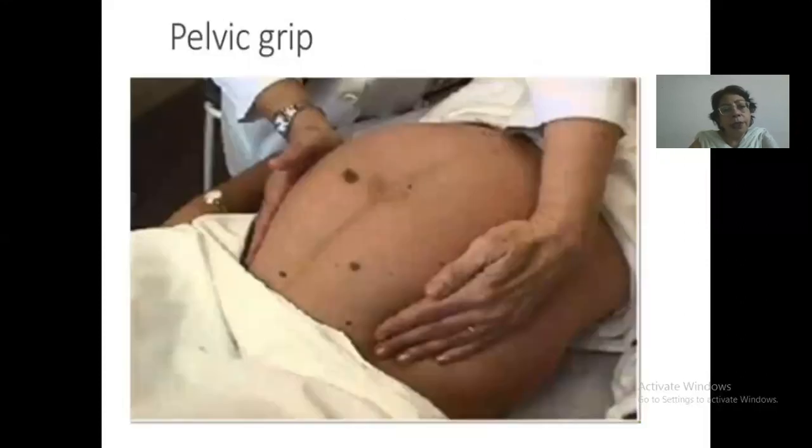Now this is the way you're doing it. You're facing the feet of the patient and you have placed your four fingers on both sides parallel to the inguinal ligaments. You're palpating what is down there in the podalic pole, and you also need to know whether whatever is in the podalic pole has got engaged or is still non-engaged.